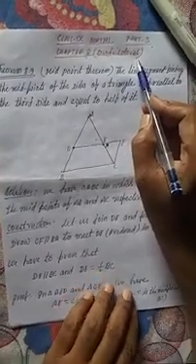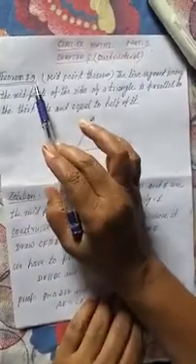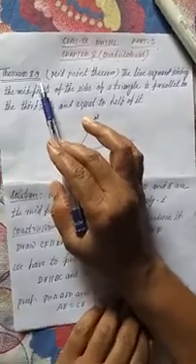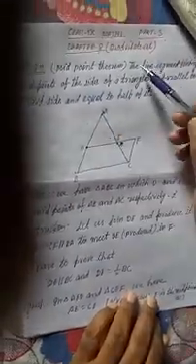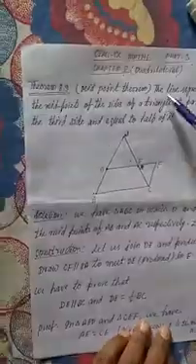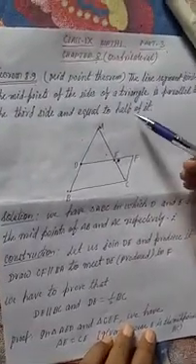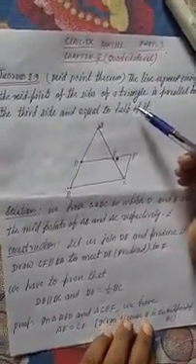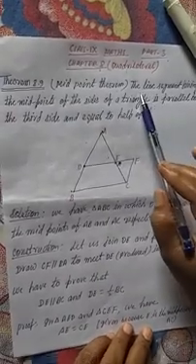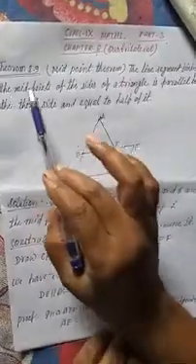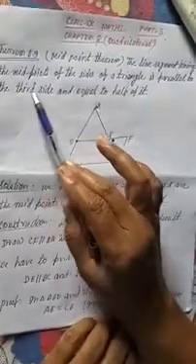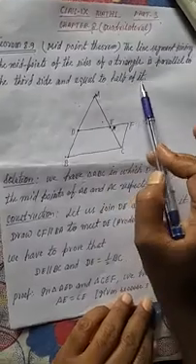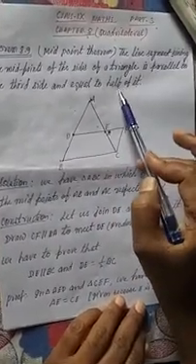Okay student, today our topic is theorem number 8.9. This is also called the midpoint theorem. In the shortcut, we have to keep it in mind: midpoint theorem. The statement is like this. Now I am going to read the statement, and then we will see how you have to prove it. The line segment joining the midpoints of the sides of a triangle is parallel to the third side and equal to half of it. So this is the statement.